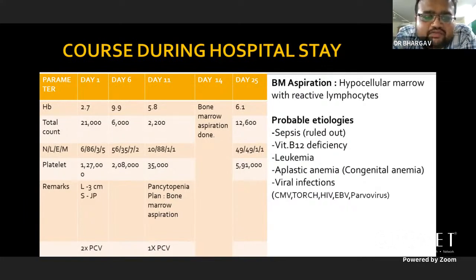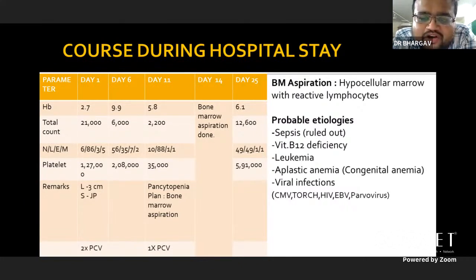As the child was having poor weight gain and severe pallor, we again repeated the hemogram on the 11th day of admission, which showed a picture like pancytopenia. So we planned the bone marrow aspiration, and before doing it, we transfused 1 PCV to the child. On the 14th day of admission, we did the bone marrow aspiration procedure, and it was suggestive